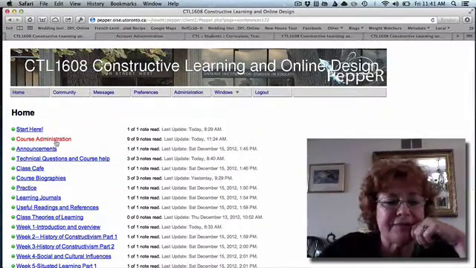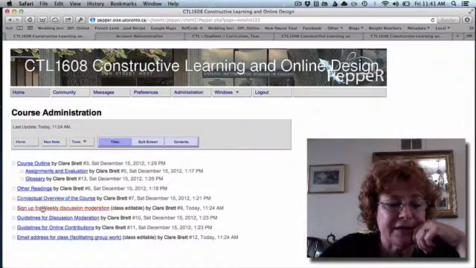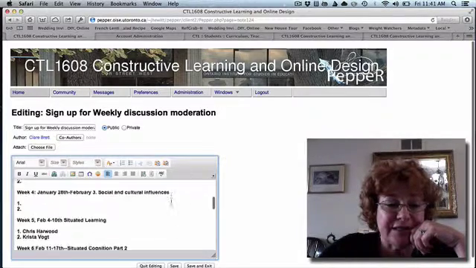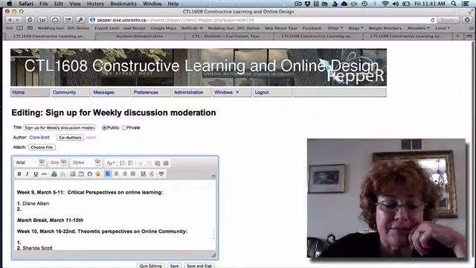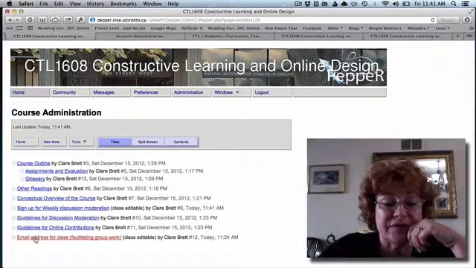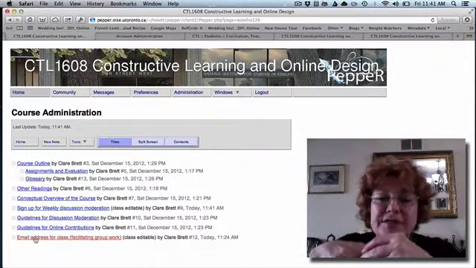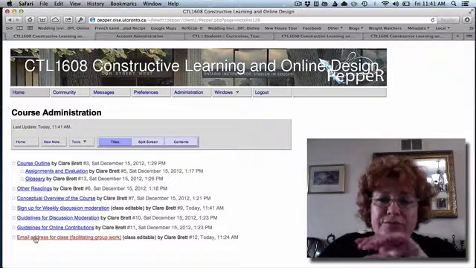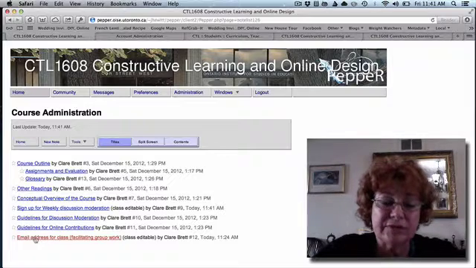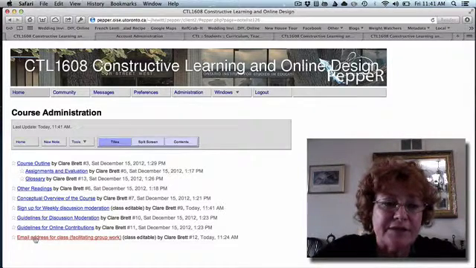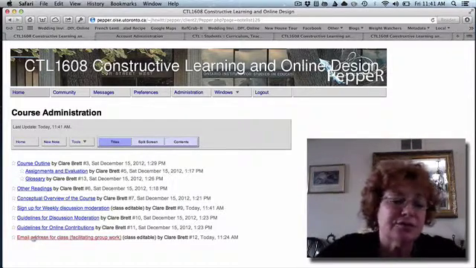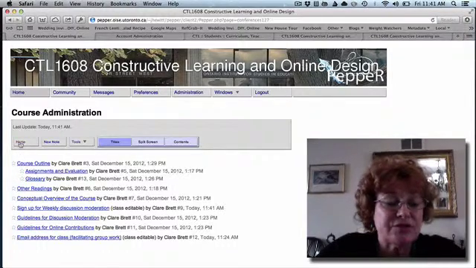So you should start out by making sure that you get signed up for the weekly discussion moderation. You can just go into a note, add your name to the week that you're interested in, and then remember to press save and exit. And similarly for your email address for the class, because the university sends everything to your U of T account, your mail.utoronto account. But if you are using another email, you can put that there. But you should also make sure that you'll have everything forwarded from your U of T account, or that you're checking it, to make sure that you're getting all the messages you're supposed to get.